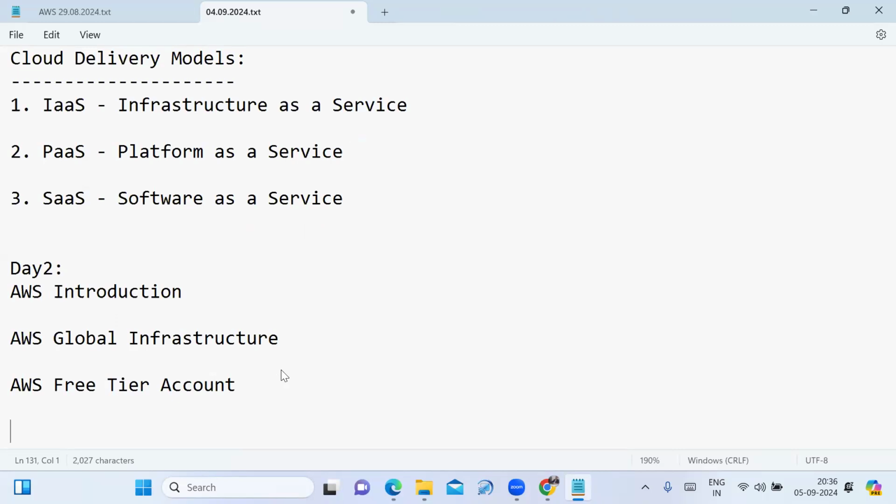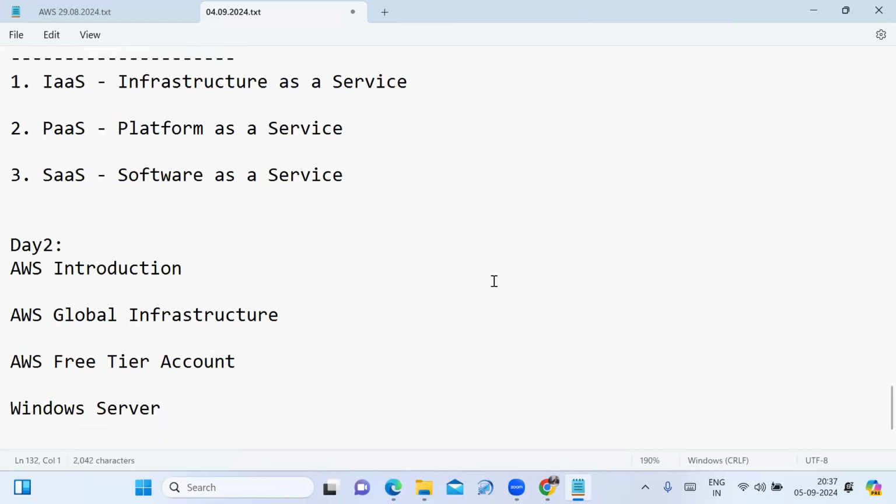And then in today's session, I launch and connect the Windows server. That is the content I have to cover in today's session. This is the day two demo session, friends. Before commencing the session, if anyone has any questions regarding the day one demonstration, friends, anyone have any questions before I commence the day two demonstration?